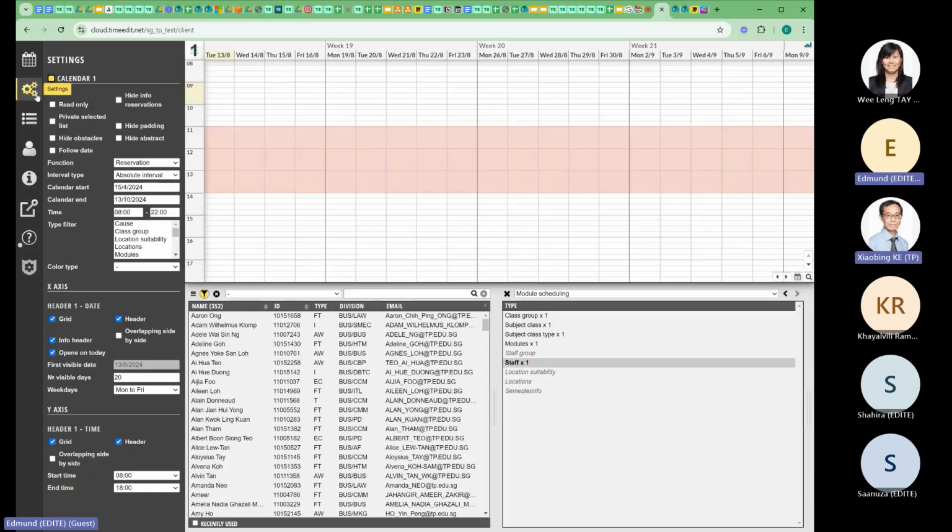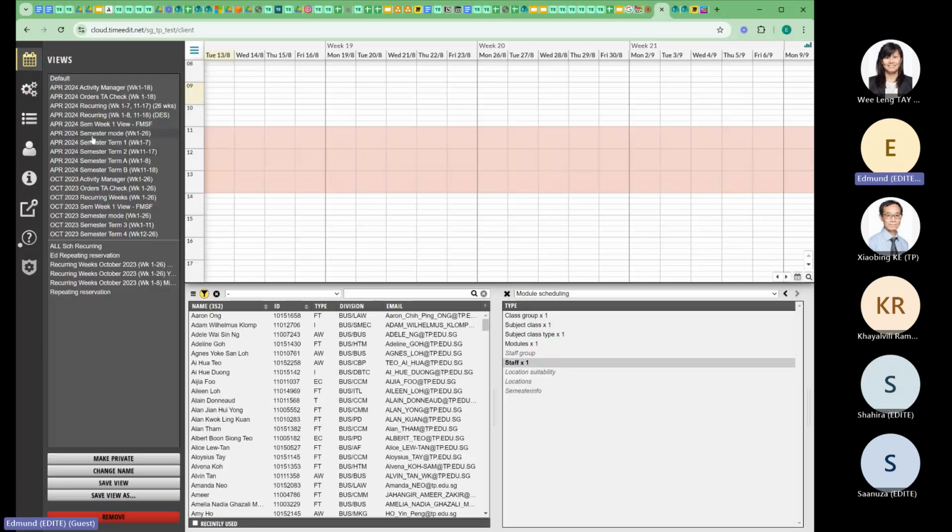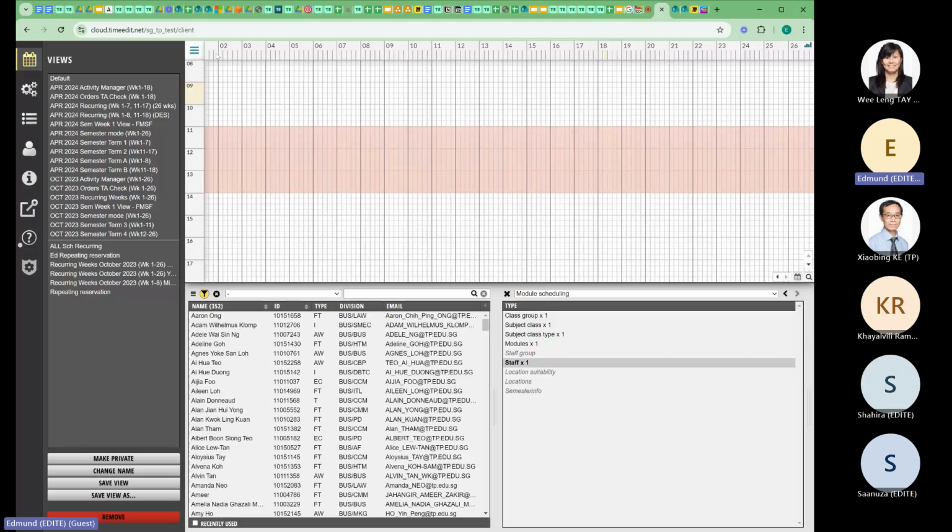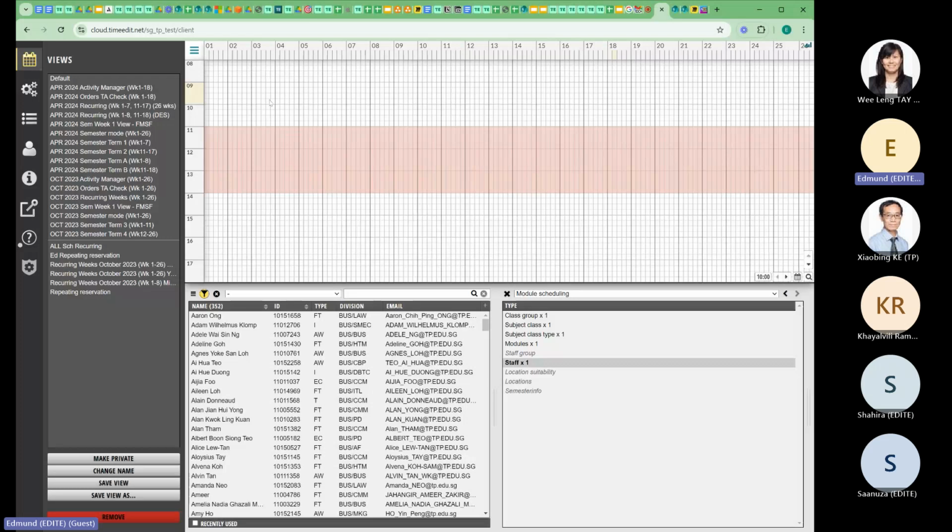So this is the view where, when they click on it, it shows you week 1 to week 26. So you can see week 1 all the way until week 26. Can you see on the very top? This tells you that when they click on this specific view, they are looking at all 26 weeks of the calendaring. And at this point in time, they cannot move out of this calendaring